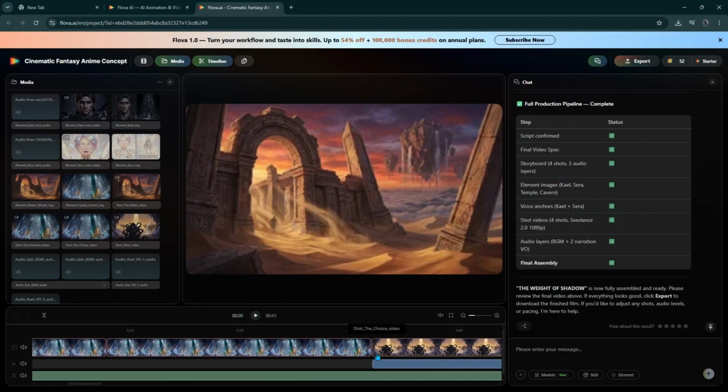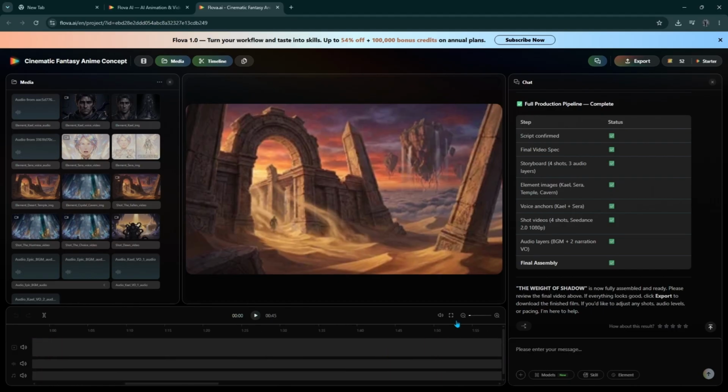But here's what matters. If you want to change anything after generation, you can regenerate just that one shot. You don't have to rebuild the whole thing. You have complete control over the output. The platform lets you edit storyboard text directly, drag and drop assets, and refine everything the way you want it. That's the control that separates this from just random generation. You're not stuck with what it gives you, you can shape it.